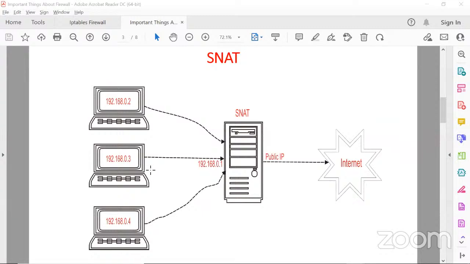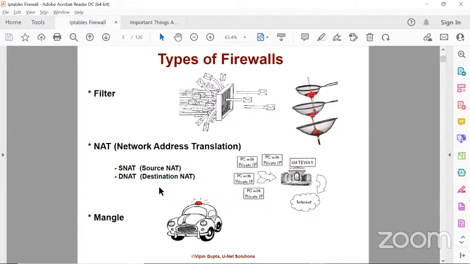What is DNAT? For one minute, we have to understand this also. Each organization has a web server, that means they have websites. Sometimes the website is on a web hosting company, but I have seen certain organizations implement a web server on their own premises. Suppose an organization has implemented its web server on a local system, where the address is going to be 192.168. This is a private address, and from the internet, you cannot access private addresses.